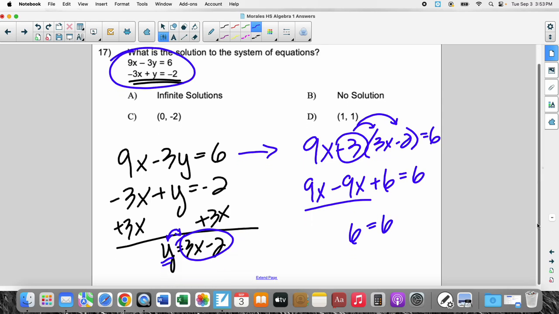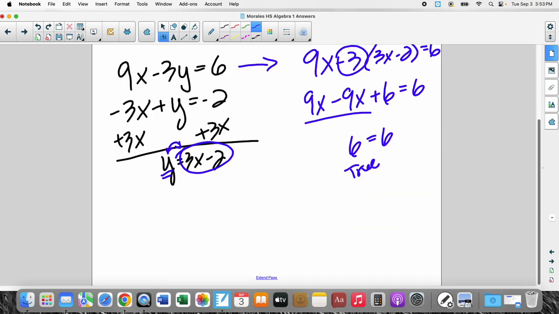When your variables cancel and you make a true statement, the answer is all real numbers, meaning every number would be a solution to the system. So what is it? Well, it's all points on the line, but it's infinitely many solutions. Infinite